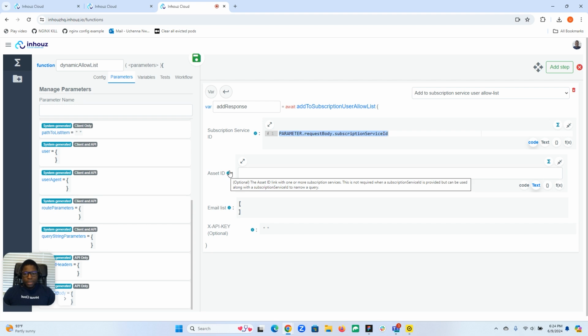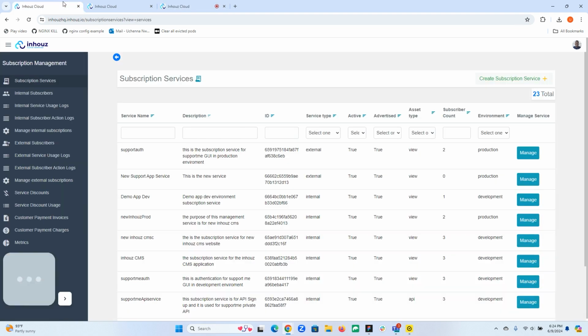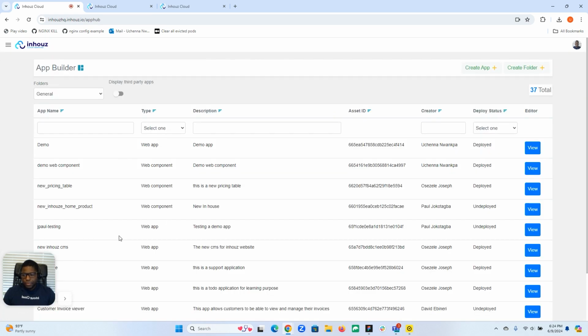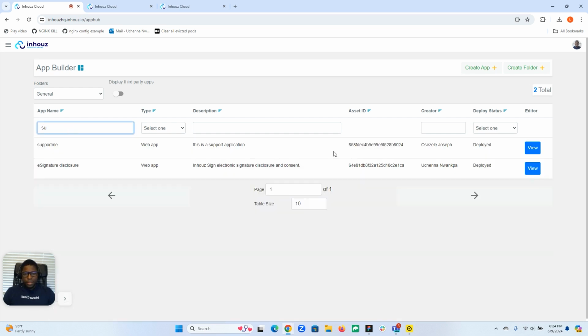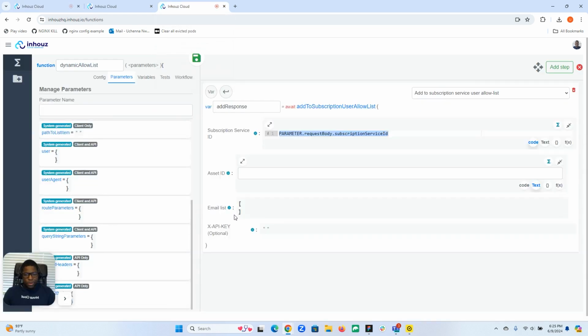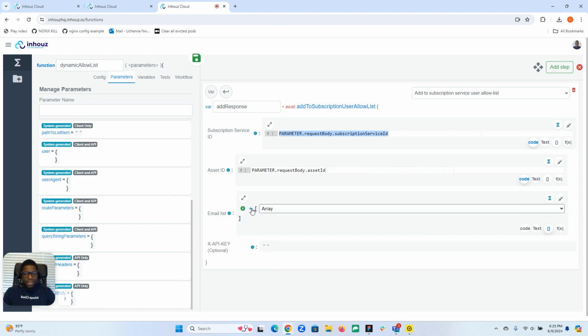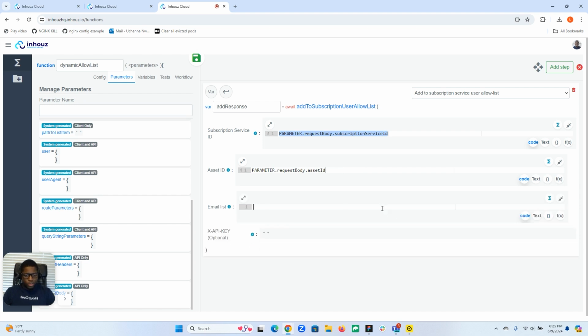If we wanted to, let's say, we did not want to specify a specific service, but we wanted to just specify the application itself, then we would just have to go find what application that is. Let's go over here to the application. So this was our support me app. We have the asset ID. We could copy and paste that, or like we're doing right now with an API, we can assume that it's part of our API request body. So we can say asset ID,